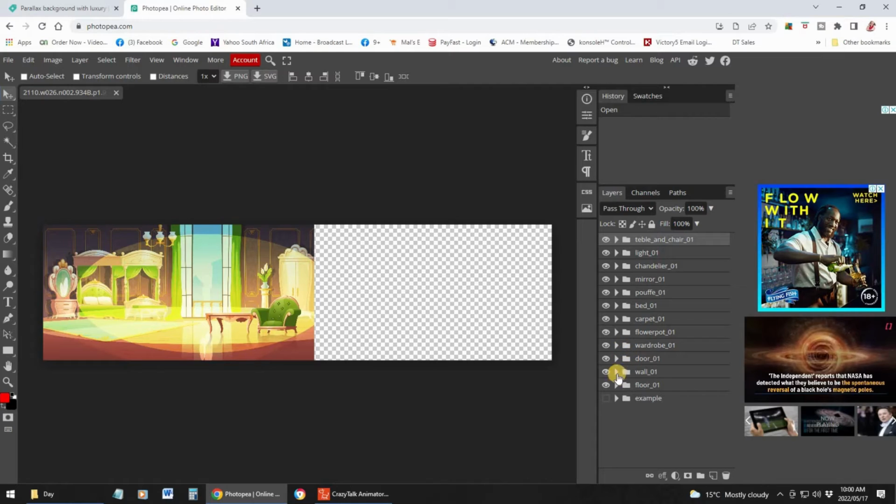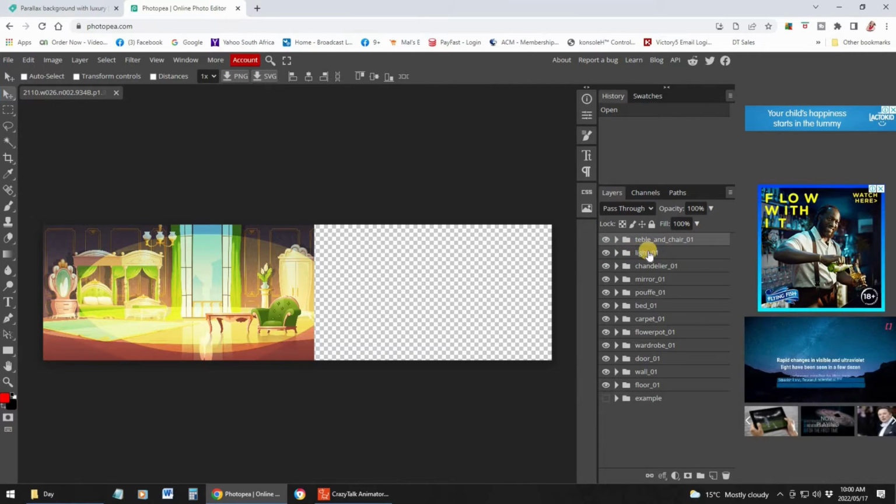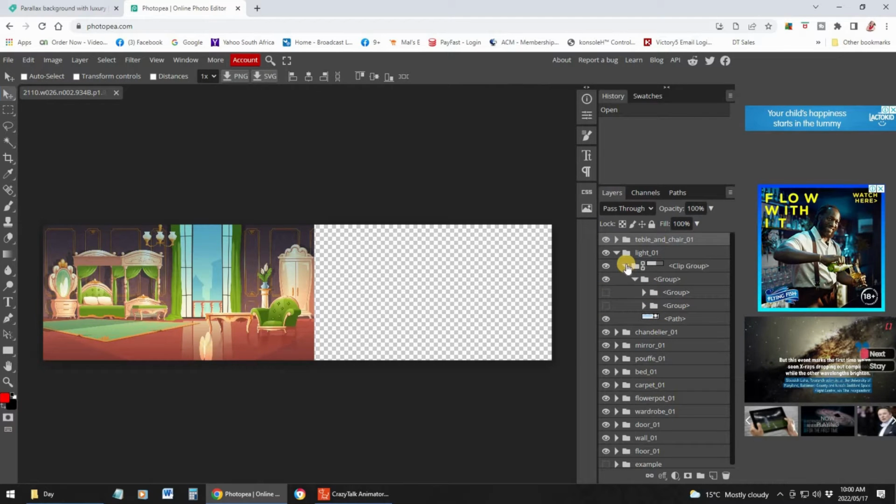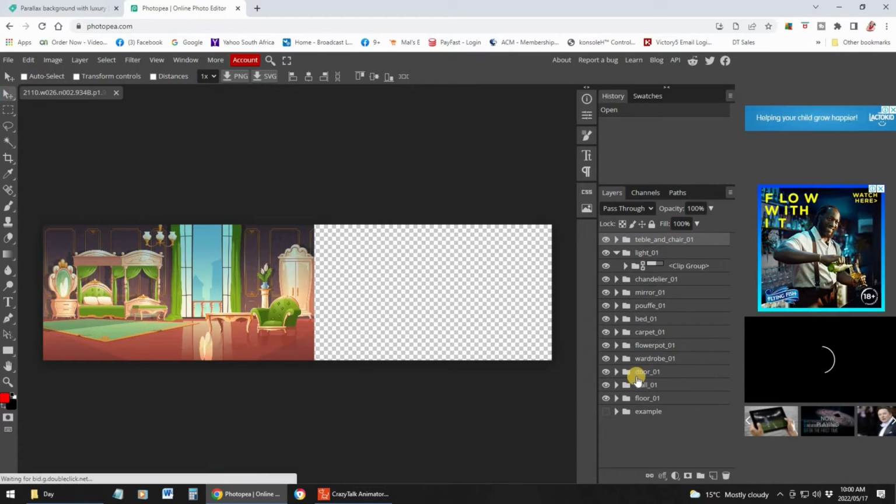The first thing we need to do is fix those mistakes. So let's quickly see in what layer that is. I assume it will be in that light layer. Yes, it is there. Okay, so what we need to do is, let's see where it is. It is that one and that one. Okay, so basically that is sorted, and then what we need to do is, I think